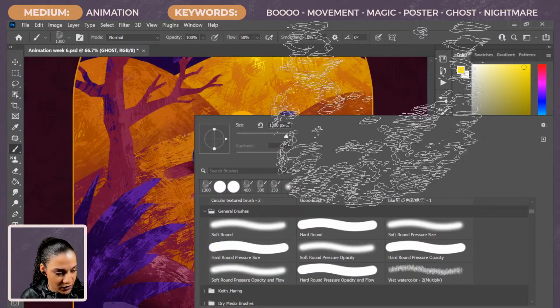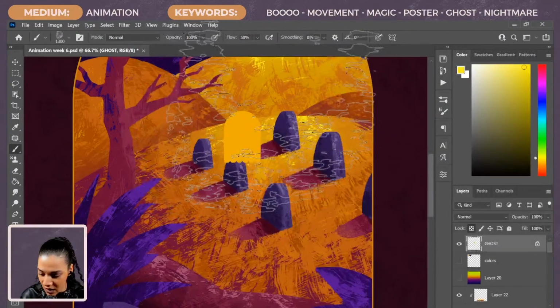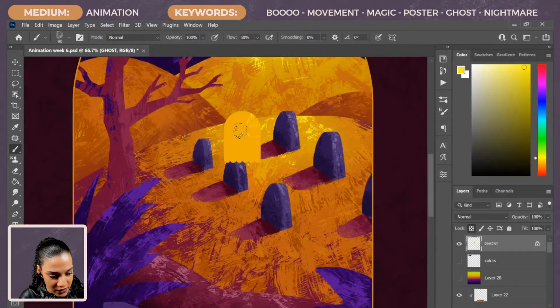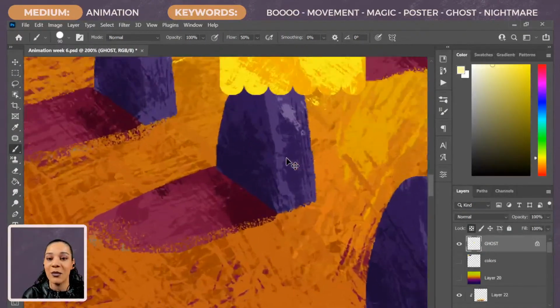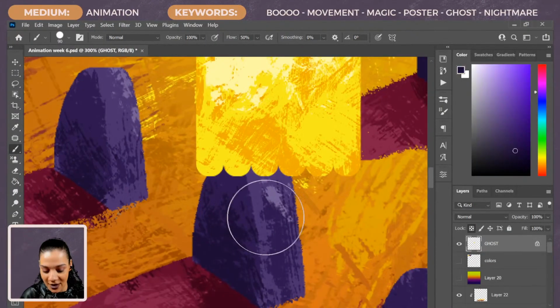Let's grab our vinyl scraper and let's scratch around on him. Boom. Make him a little ghosty. And we can even add some stuff closer to white here, because we definitely want him to be brighter than everything. And then with a sharp brush, a sharp round brush, let's come in and give him a little face, shall we? I feel like he definitely needs a face.